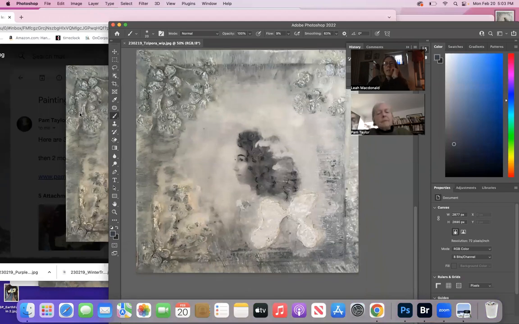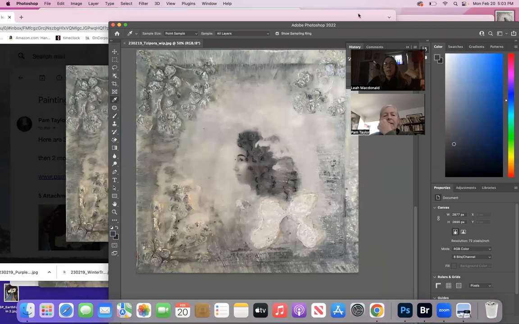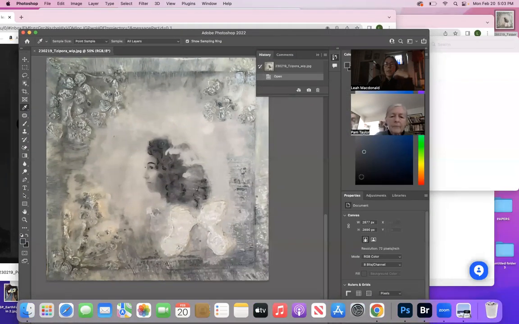I like the aged quality that you have. If you were here and I was going to work on this, I would probably just start to try to organize what you have. One of the things I would do to organize it would be to probably take a dark gray or black and try to